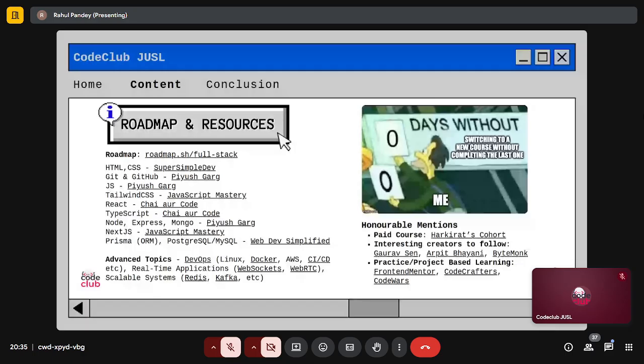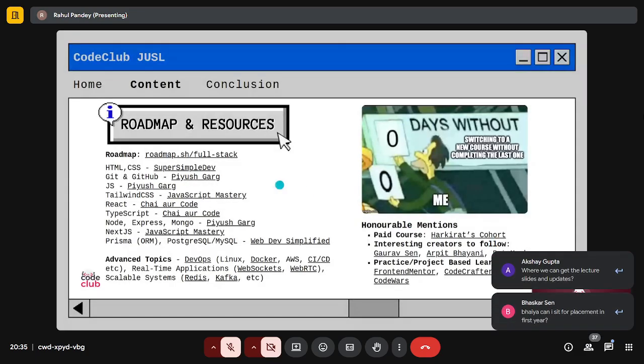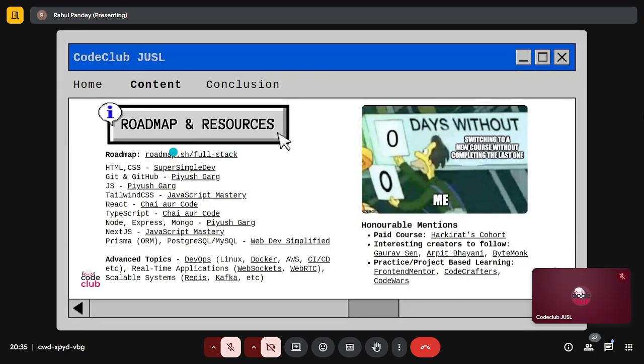Okay. Moving ahead to the roadmap and resources. First of all, if you'd like to go through these, there are multiple roadmaps on this website, roadmap.sh. I'll share my screen and show it to you.